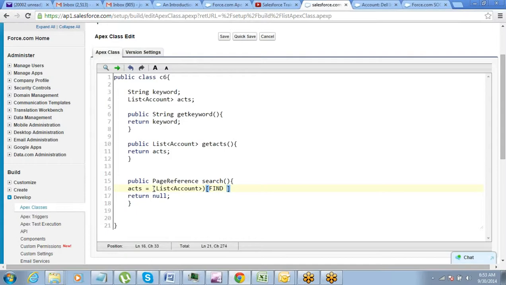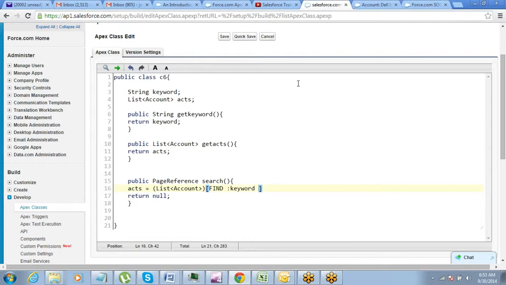What do you want to find? The keyword. So this is your search query, right? Find this keyword. If you do not define any search group, then by default it will search in all the fields. You don't have to write in all fields. By default it will search in all fields. So I don't write anything here. I want to search in all the fields.